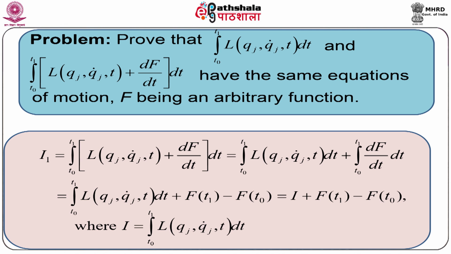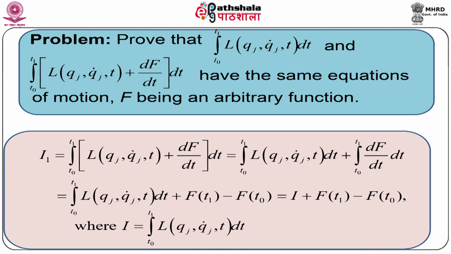Thus, I1 equal to integration t0 to t1 L function of qj, qj dot, t dt plus integration t0 to t1 ddt of capital F dt equal to integration t0 to t1 L function of generalized coordinate qj, generalized velocity qj dot and time t dt plus capital F at the point t1 minus capital F at the point t0. First term gives the integral I. Therefore, we have capital I1 equal to capital I plus capital F t1 minus capital F t0,